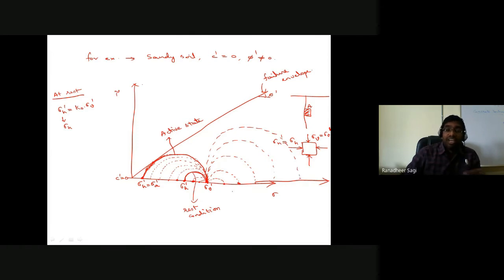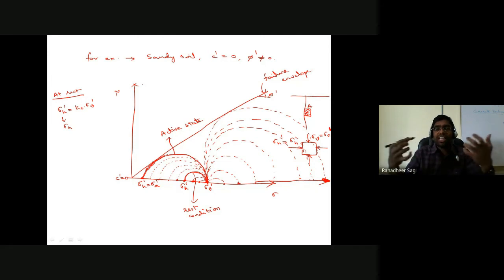Understand? Even as I push your retaining structure towards the soil, though higher horizontal stresses are getting developed, the soil is still not undergoing failure. With further movement of the retaining structure towards the soil, there is a further increase in the horizontal stress developed in that soil element or soil mass. At some point, you would see that failure is getting initiated in the soil. So that is the corresponding horizontal stress applied in the soil when the retaining structure moving towards the soil is just on the verge of failure.